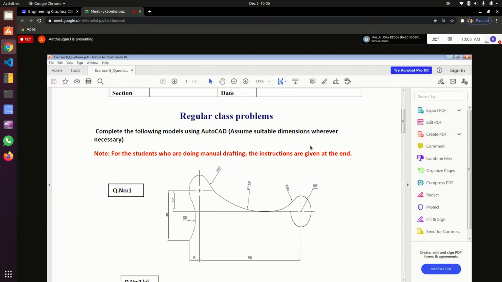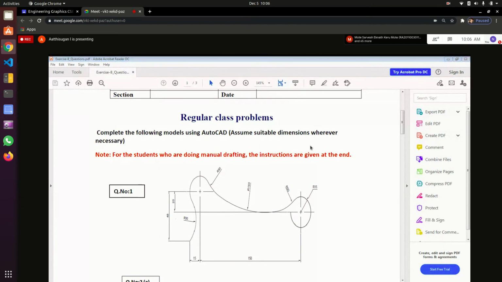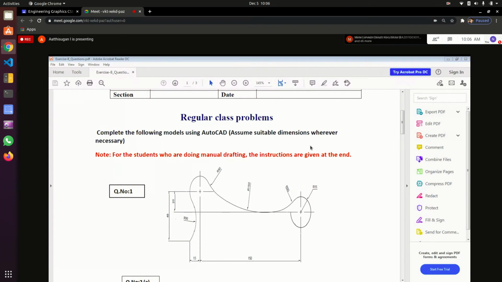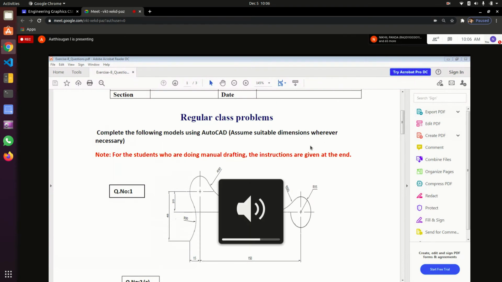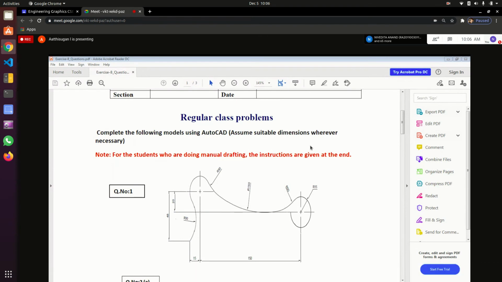Wait, draw the circle radius of 15. Same, that is the radius of 15. Then next you draw the circle using tan radius.